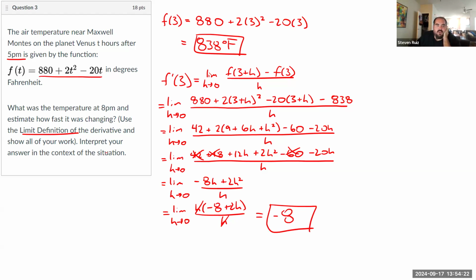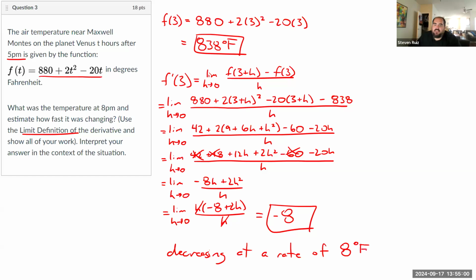We're also told to interpret our answer in the context of the situation. What does that mean here? So that negative 8, that's the numerical answer. But what does that mean? It means that the air temperature near Maxwell Montes on this planet, on the planet Venus, is doing what? It is decreasing at a rate of 8 what? So the temperature is given in degrees Fahrenheit. So it's